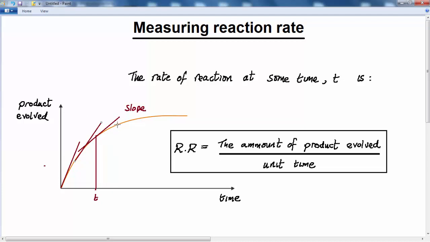Okay, so we move on again another sort of equal time interval to that point there, and we see that the slope is less. Then we move on again by the same equal time interval, and we see that at this point the slope is less. So gradually the slope of the graph is getting less. So you can think of it as a hill or a mountain. You can see that initially, it's quite high. It's quite difficult to walk up that mountain because the slope is very steep. But gradually, as we keep walking up the mountain or the hill, the slope gets less and less. So the reaction rate, as the reaction progresses, is gradually decreasing,